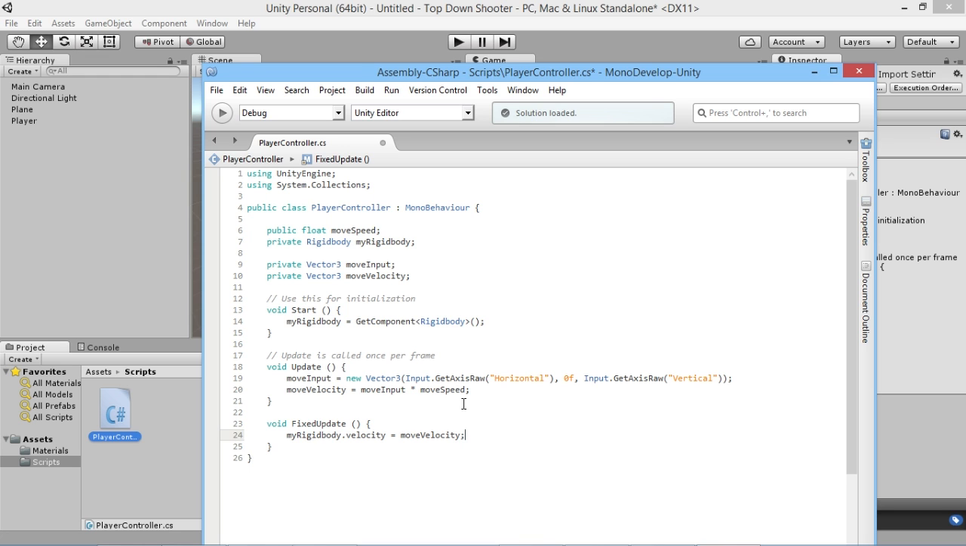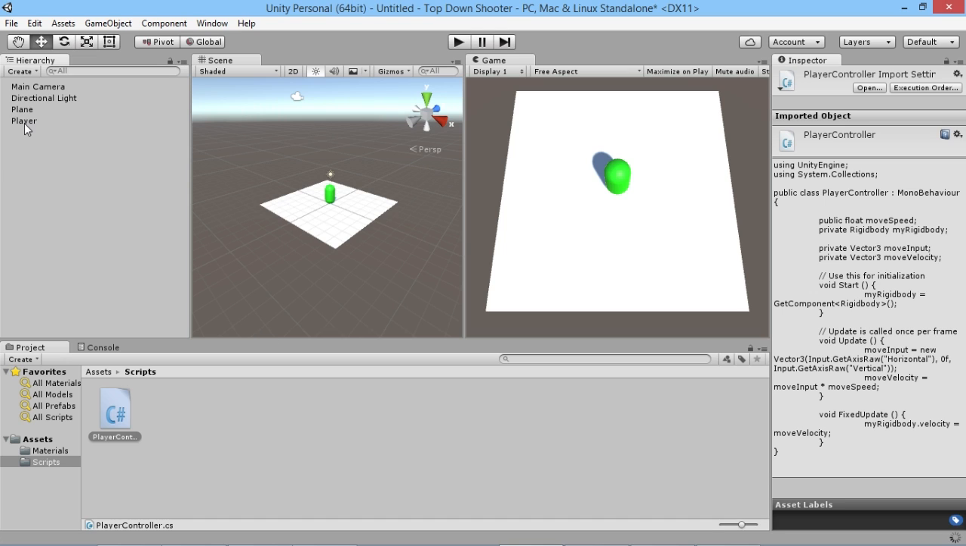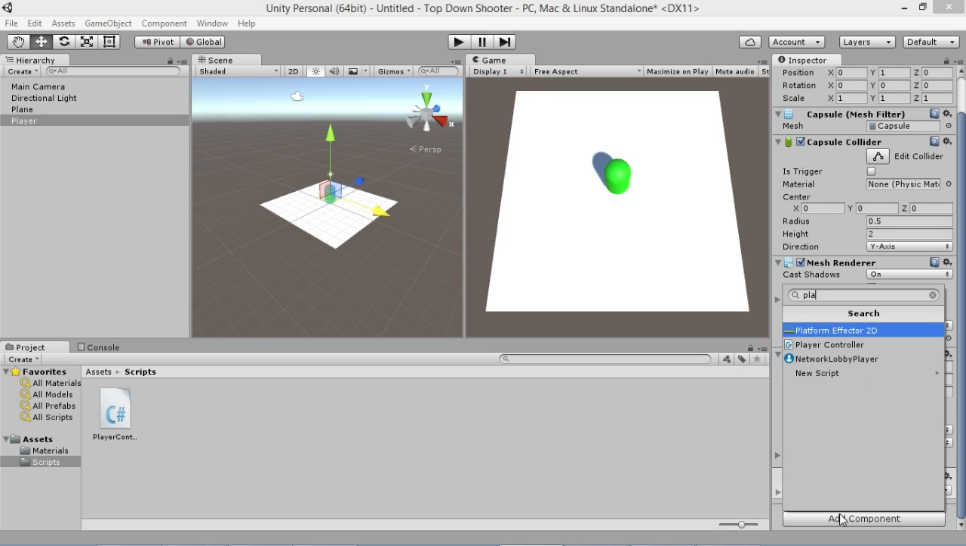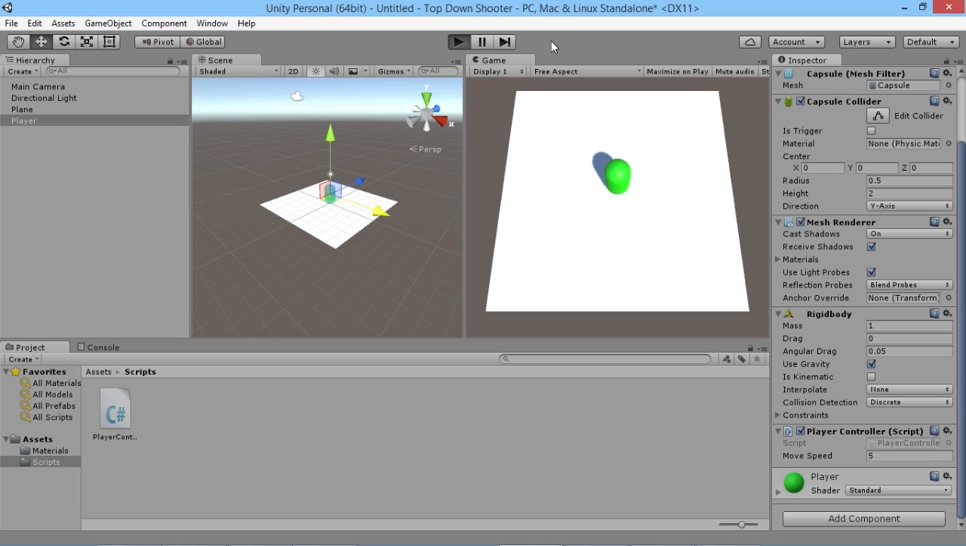So then if we save this and pop back into the game, we're going to need to attach the script to our player itself. If it wants to finish compiling, there we go. So we want to add that component. We could click and drag it, but we can also just type in our PlayerController. Here we go. We need to give it our move speed. And now if we hit play,